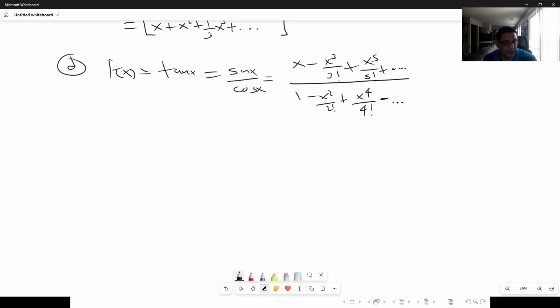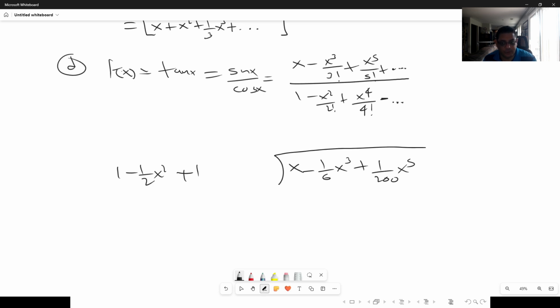I'm going to have to say, well, x minus 1/6 x cubed plus 1 over 120 x to the 5 is going to be dividing the 1 minus 1/2 x squared plus 1 over 24 x to the 4